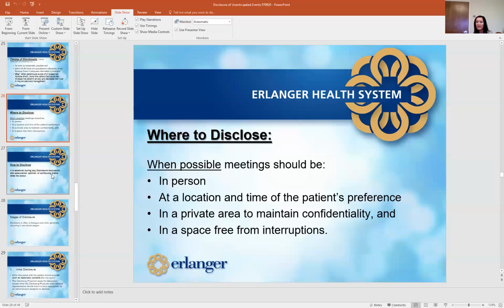In a private area, because again, we're worried about confidentiality. We want to maintain that confidentiality, and we also want to reduce the likelihood of interruption. When you're having an intense conversation, you don't want, number one, the provider who's having it to be distracted, right? And constantly checking their phone, or other people coming in and barging in and interrupting that process. You don't want that to happen. You also want the patient and or their family, depending on who you're talking to, to be fully focused. So if you're able to do it in a quiet place that's free from interruption, that's your optimum situation. Next slide.